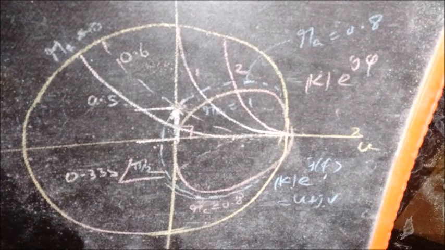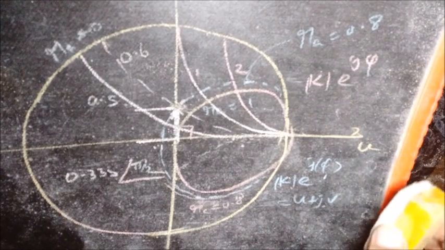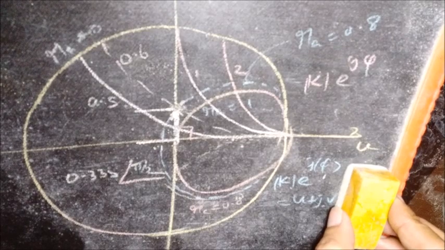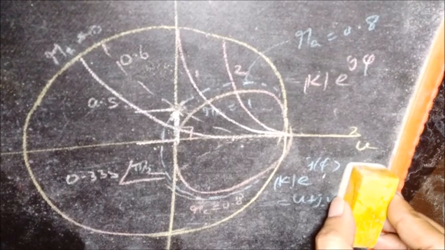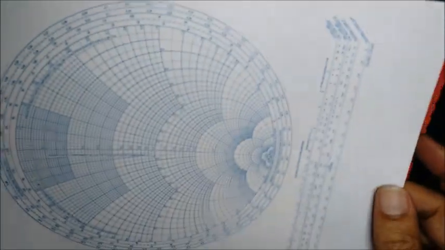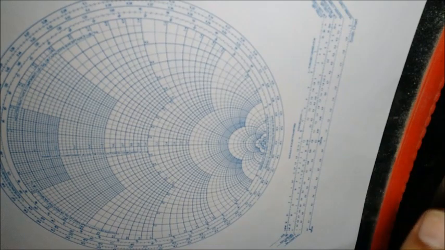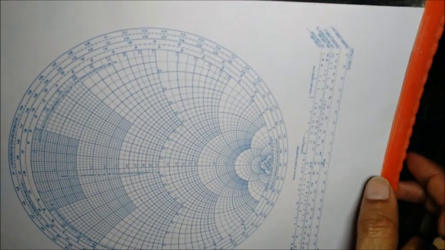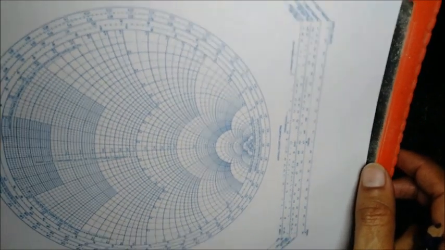The Smith chart is very versatile. There are so many other things which we can do, and we'll go through those examples in the next video. Now before I stop this, I will just show how it is done in an actual Smith chart. So this is the Smith chart. Again, I am not sure whether it is visible clearly, but since I have already demonstrated it on the board, it must be easy.